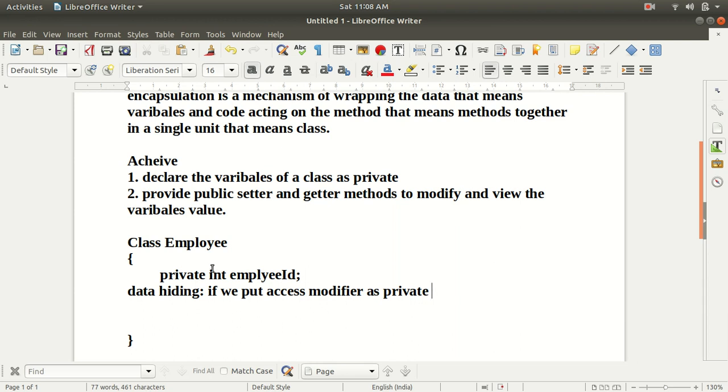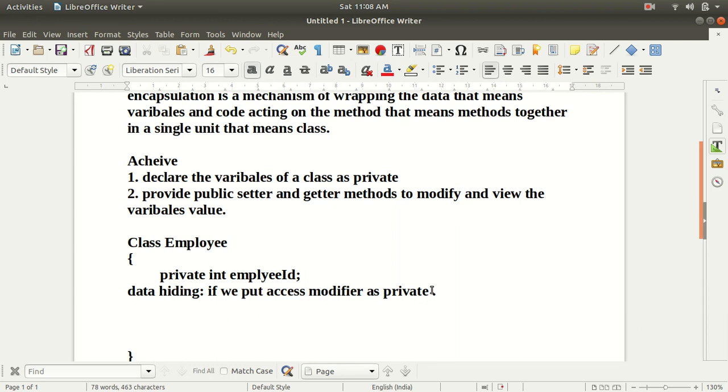So if we mark this variable as private, we cannot access it from outside this Employee class directly. The scope of this variable is the Employee class only. So by making employeeId private, we are hiding the data, and this is the data hiding concept in Java.